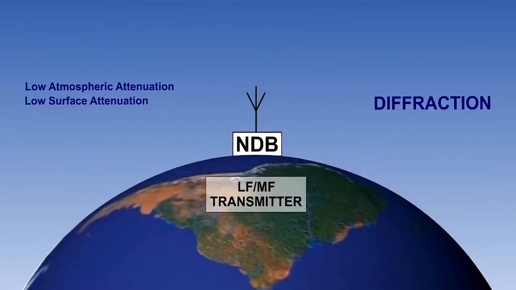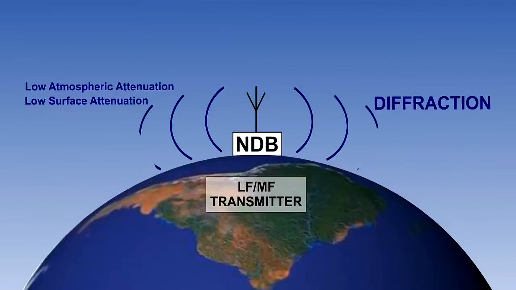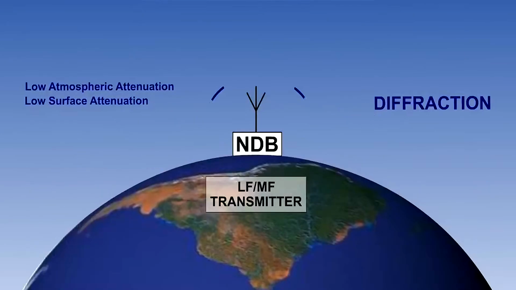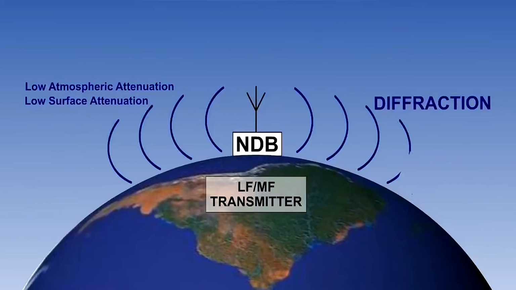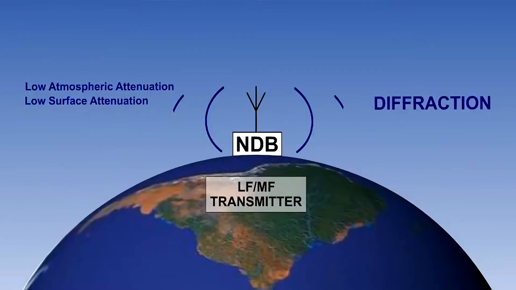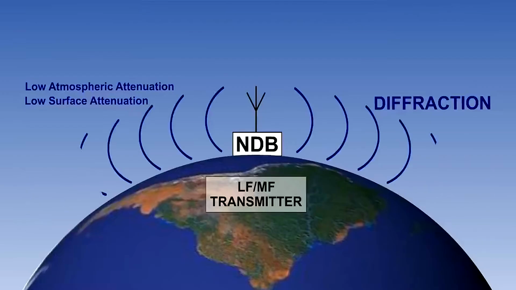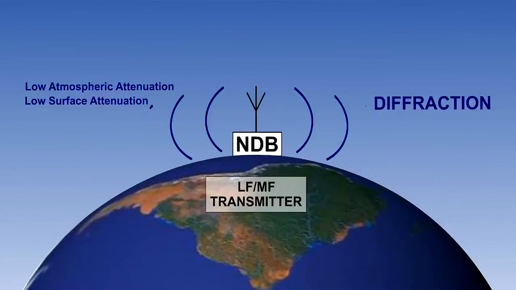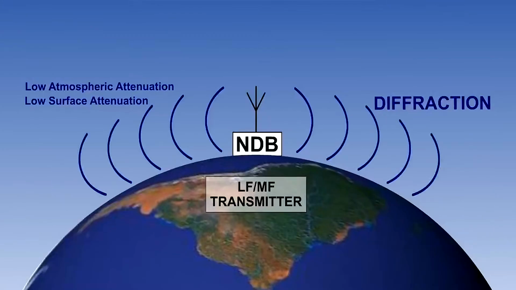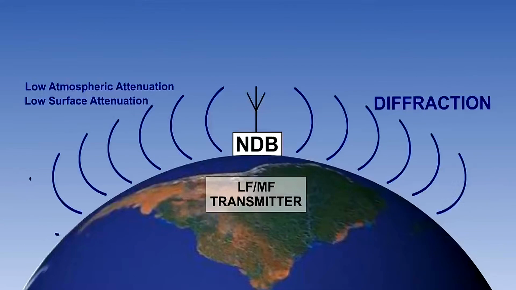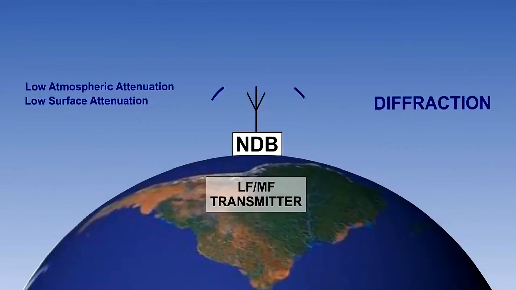These exist at frequencies from about 20 kHz to about 50 MHz, which is from the upper end of very low frequency through long wave, medium wave and high frequency to the lower end of very high frequency. They travel across the Earth by the process of diffraction. The range achievable is dependent upon several factors. As the radio wave frequency increases, surface attenuation increases. Surface waves are effectively non-existent above high frequency, that is above 30 MHz.